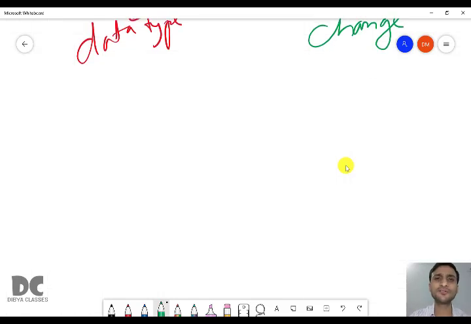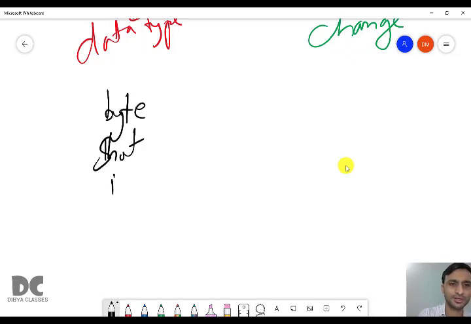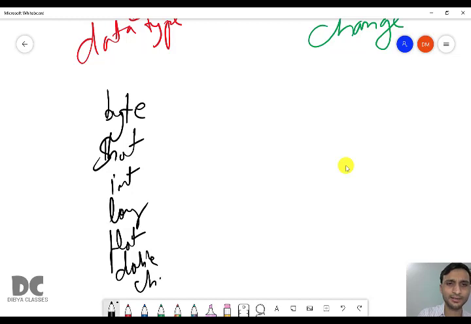Typecasting is changing from one primitive data type to another primitive data type. For example, we have byte, short, int, long, float, double, and char.